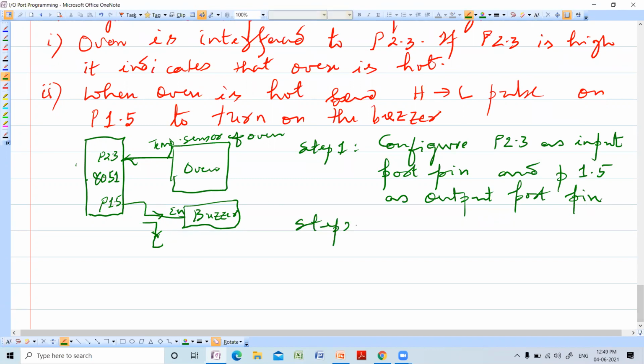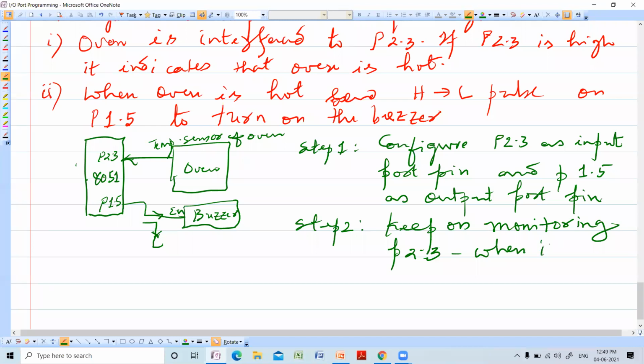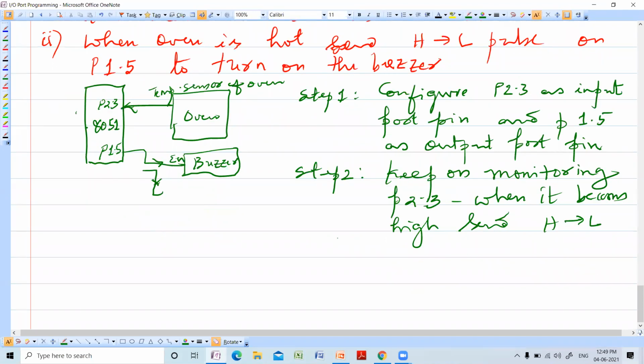Step 2, keep on monitoring P2.3. When it becomes high, send a high to low pulse on P1.5 to turn on the buzzer.